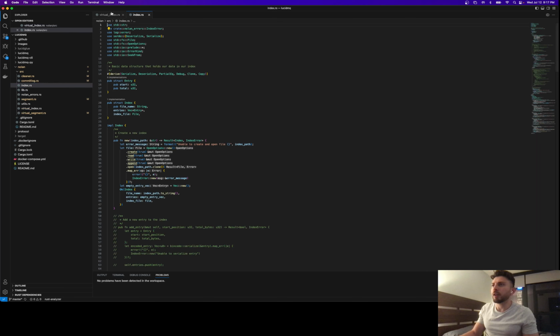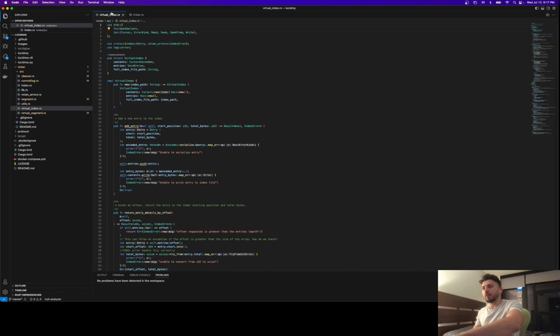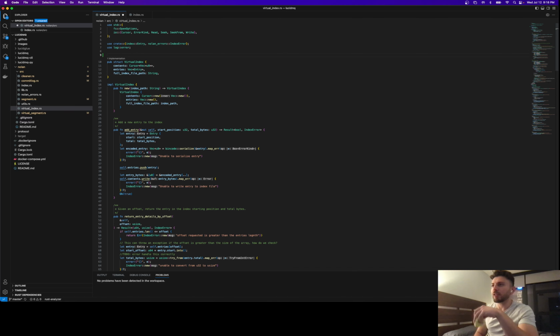Pretty similar stuff. So since we have a virtual segment, we're also going to need a virtual index. And an index is technically a piece of a segment. And so our segment files interact respectively with each of their virtual or non-virtual index counterparts. And so these index files manage the current virtual index of